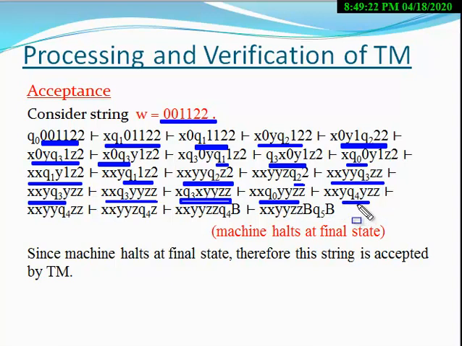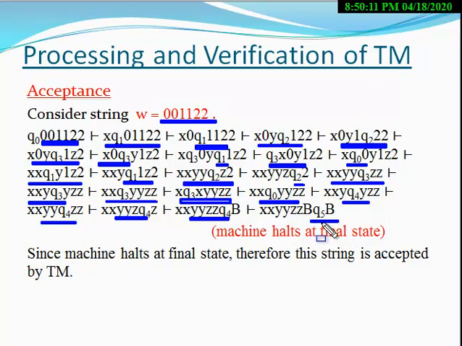So according to the transition rule defined in the previous transition diagram, the machine moves to the Q4 state. At Q4, Y appears, it means the machine moves to the right direction. Now this ID becomes Q4 Z, it means the machine moves to the right direction here. At the Q4 state, Z appears, the machine moves to the right direction, right? At the state Q4, the blank symbol appears, therefore the machine goes to the final state. So Q5 is a final state, the machine goes to the final state.